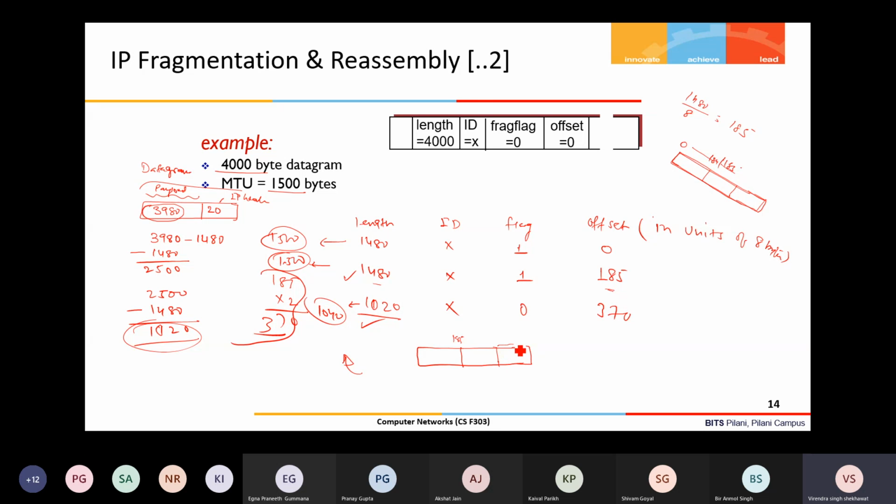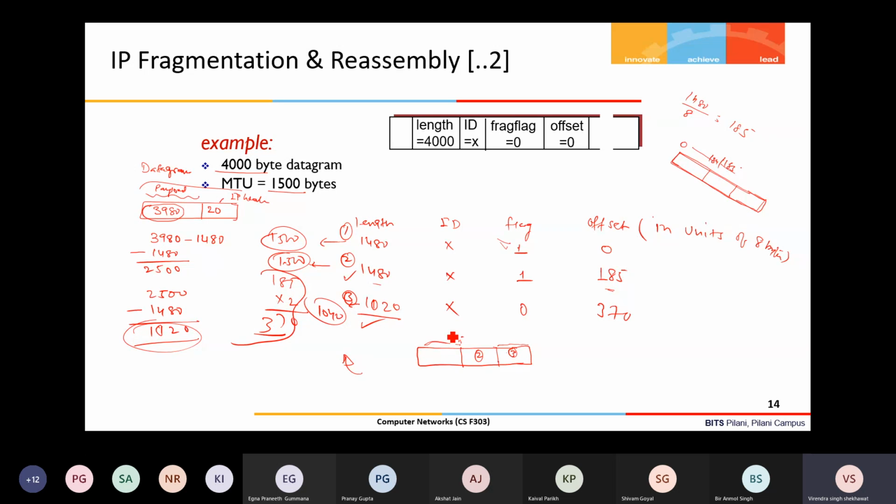So it will start from here and go up to here. I say this is the first one, this is the second one, this is the third one. The second one is put here, the third one is put here, and still it will not deliver this to the transport layer because these bytes are missing. So it is still waiting for one more.